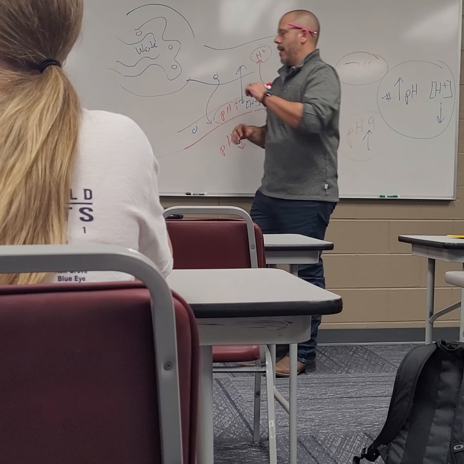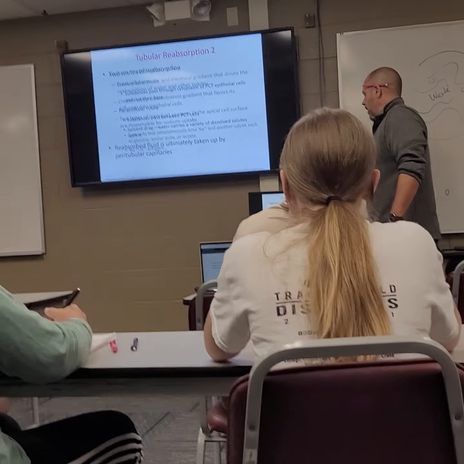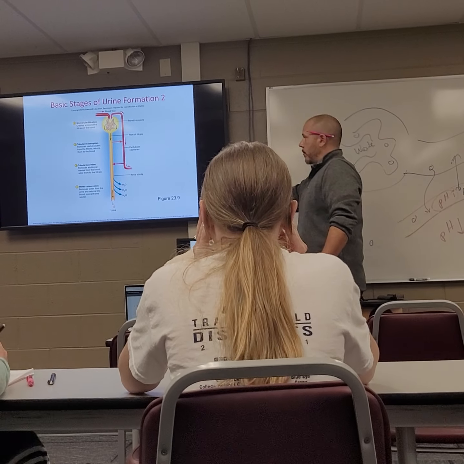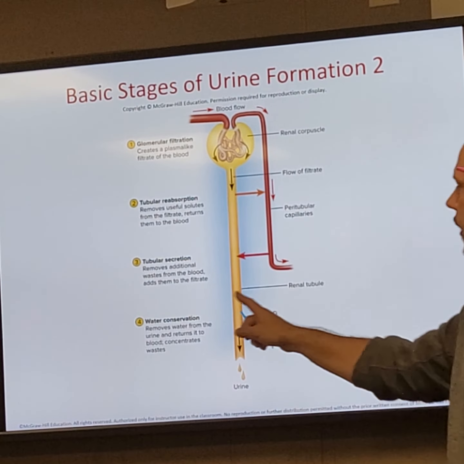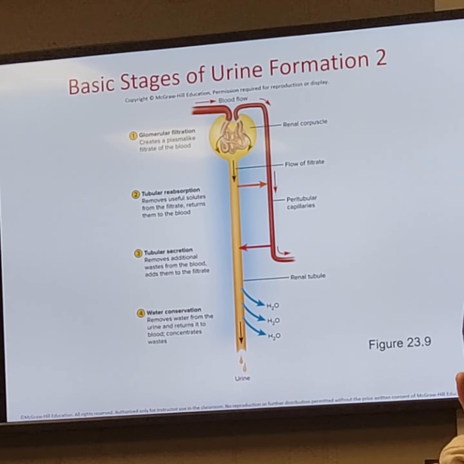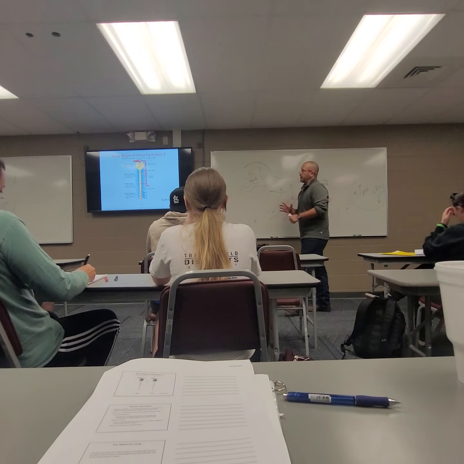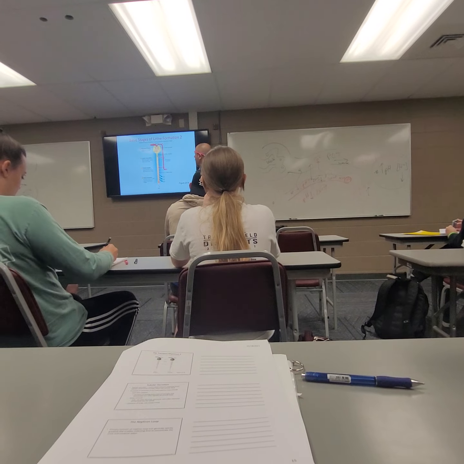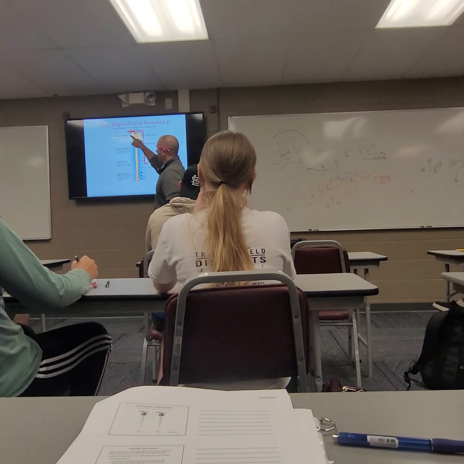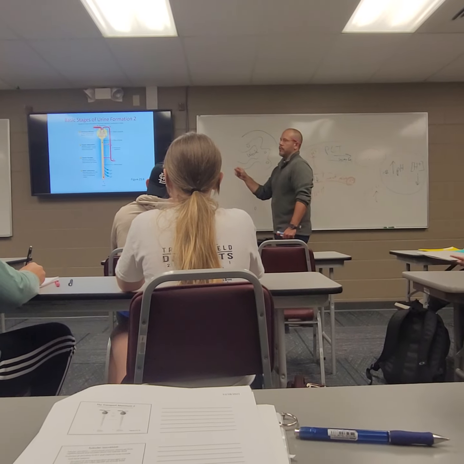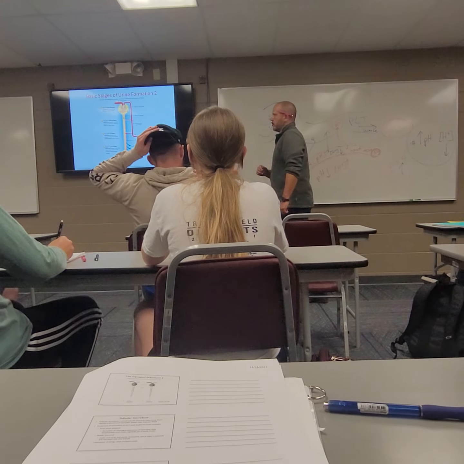Okay, so just to recap before we leave, what we've done now is we have generally described those four steps: filtration, tubular reabsorption, tubular secretion, and we just now touched on water conservation. We'll add a layer of complexity, but not much. Mostly what we're going to do next, and again we'll start this next Monday, is we're going to talk about how specific hormones that your body secretes affect potentially all four of those events. So certain hormones that your body produces might affect tubular secretion, tubular absorption, water conservation, not so much filtration, but certainly 2, 3,